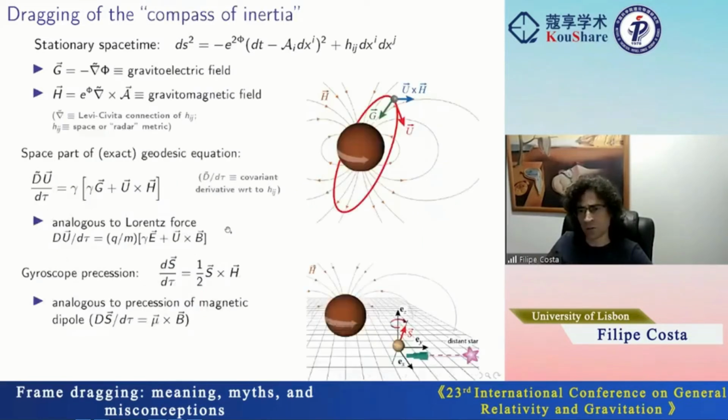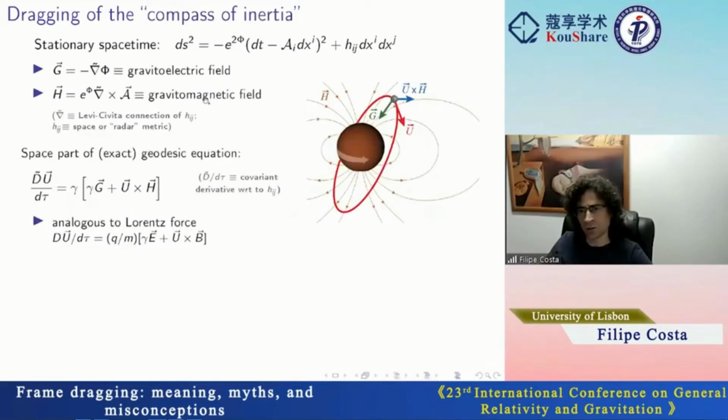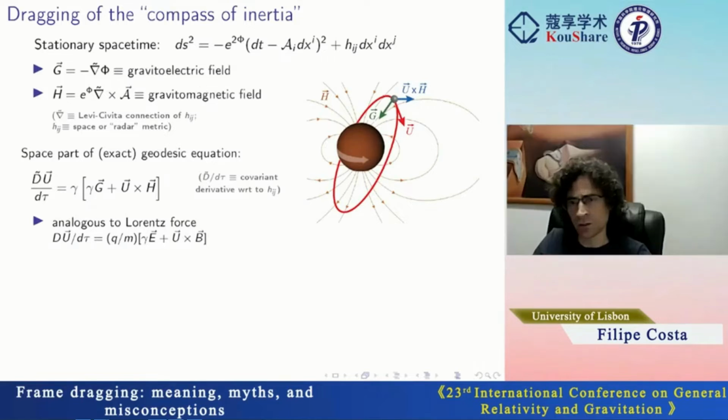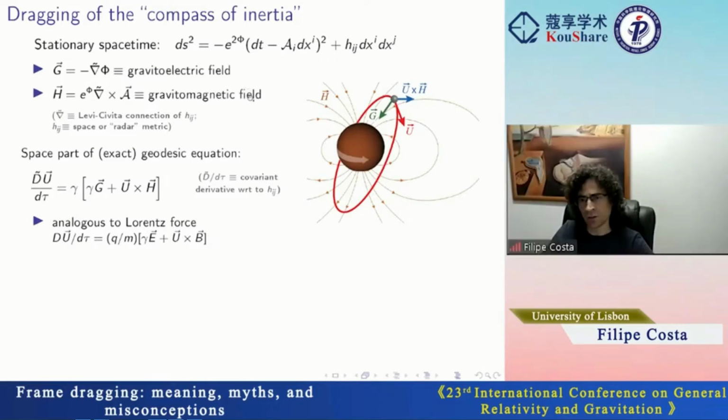Another effect that is usually called frame dragging, and actually it is the original one to be called so, are the Coriolis or gravitomagnetic forces that are created by the motion of matter. In the case of a stationary spacetime, the description is especially simple. So we can write the metric in this form here, and then in this notation, the space part of the geodesic equation can be written exactly in this form here, where we have